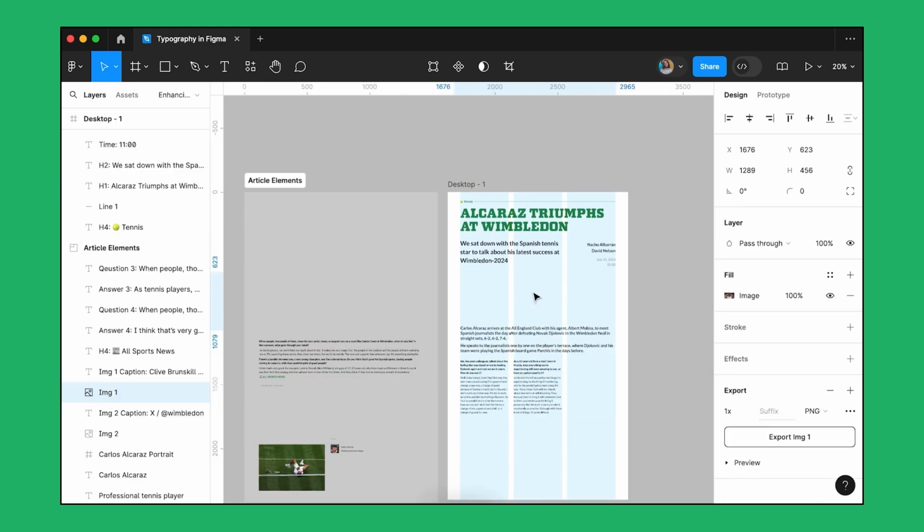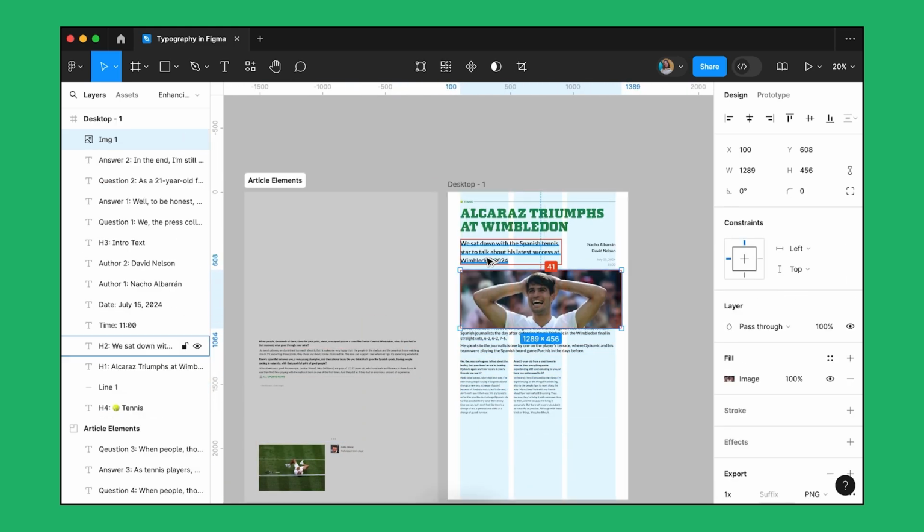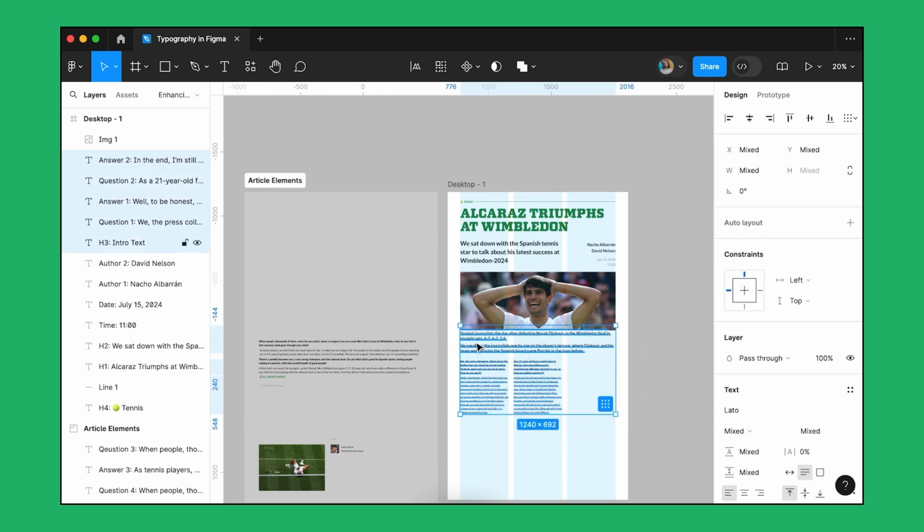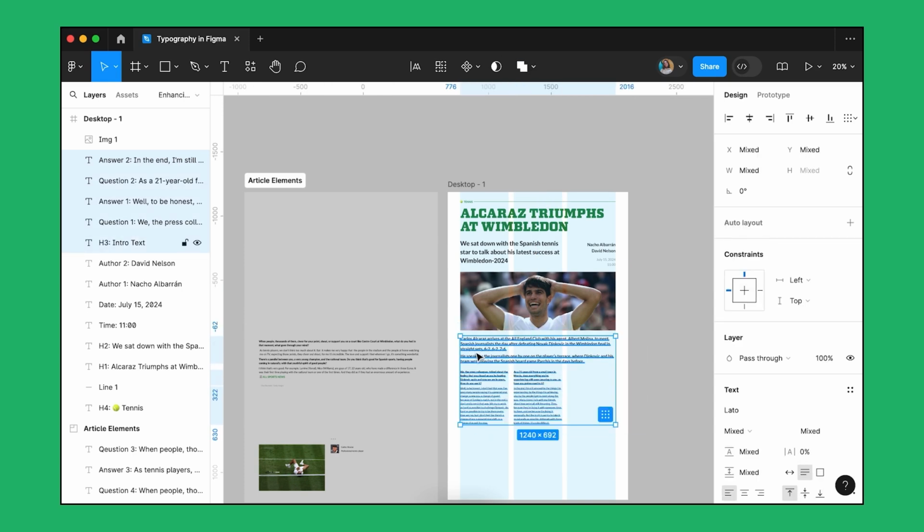Now I will select the first image and place it at a distance of 56 pixels from the subheading. I will align this image to the same grid by stretching it to 3 columns. The image will automatically adjust to the new size because the fill parameter is selected in the fill behavior settings. The distance from the photo to the next text content will be the same as the top margin above the image,